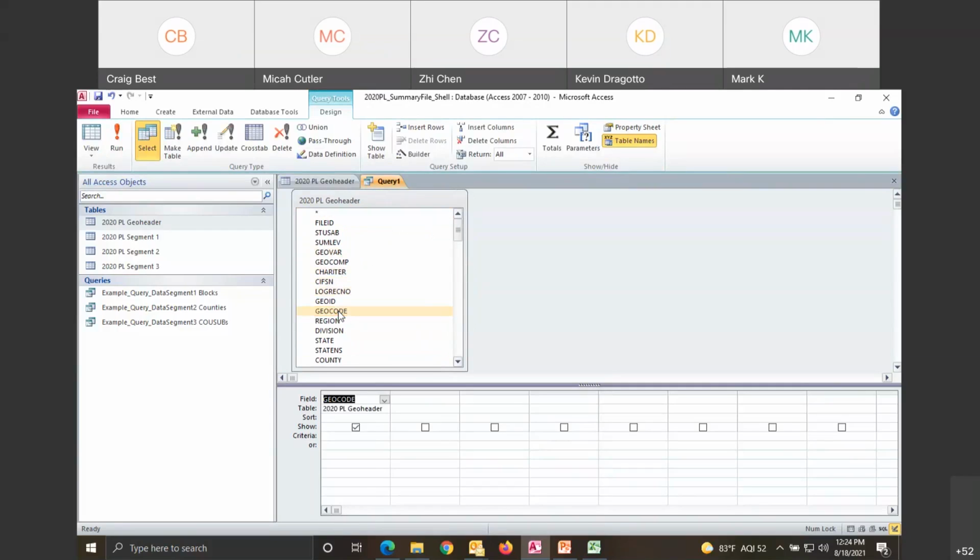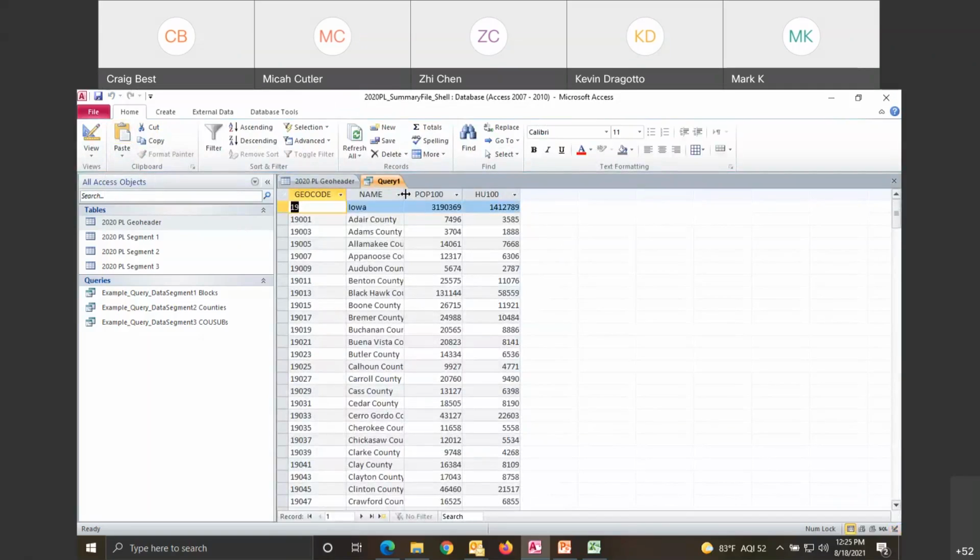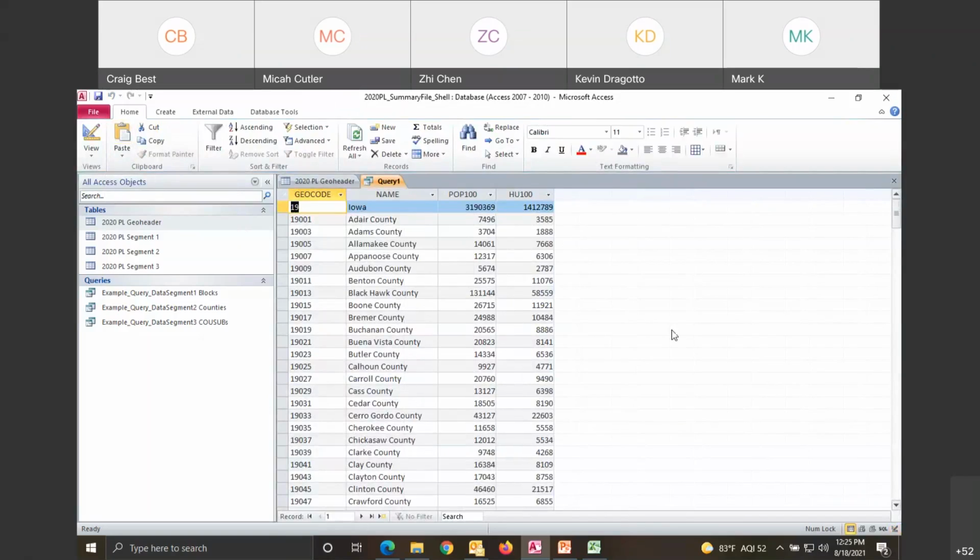Geocode, we decided we wanted that. All right, scroll down near the bottom, we had the name and POP 100 and HU 100. And I'm just clicking on those. As I click on them, they appear at the bottom of the screen here. So my query is going to come up with just these 4 fields and they'll be populated if I click on the run button in the upper right. Okay, geocodes, population, and the name of the entity.